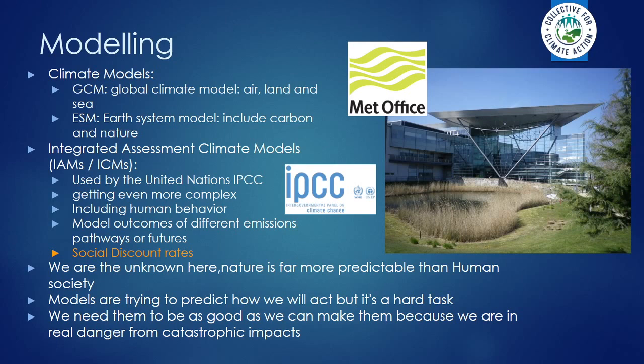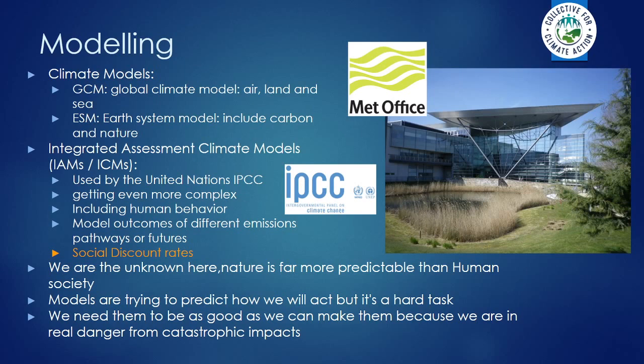So we're the real unknowns here. We know what climate has done over time. We've seen it happen through the different proxy data that we've got. We know what happens when CO2 levels go up and when temperatures go up, and when they go down. And we've seen how biodiversity moves around the world and how ecology changes as that happens. But the only thing we've really seen, and we've got very scant data on it, is what we did at the end of the last ice age. And there were a lot fewer of us around, and we didn't live in the globally connected, consumerist society that we live in now.